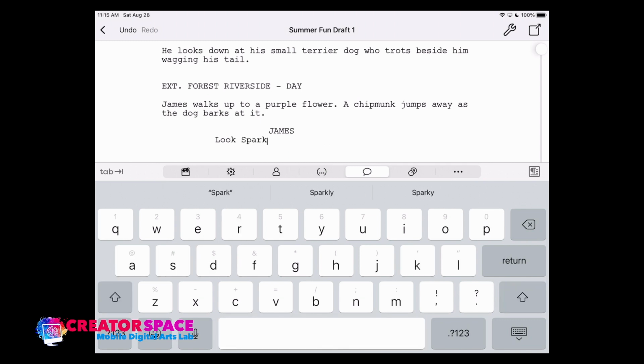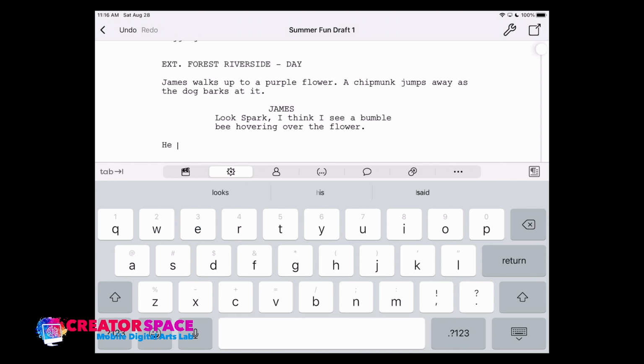Look, Spark. So that's when we identify the dog's name, because James is saying the dog's name. Look, Spark. I think I see a bumblebee hovering over the flower. He points. So this is, I think, just want to illustrate, kind of putting all of our concepts together, illustrating